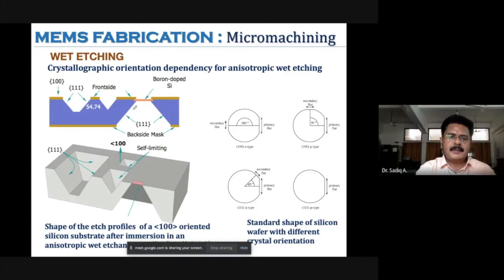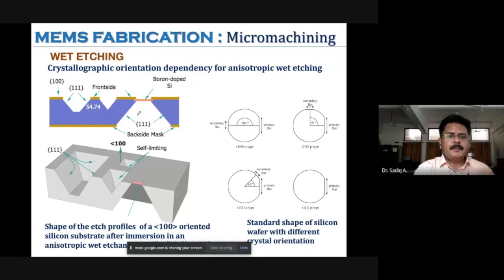If such a particular crystal structured deposit is exposed to etchant, the etching can happen like this. That is, it can happen at a particular angle. That means the etchant is more active in that plane compared to other planes. This is called crystallographic orientation dependency. And since the etching reaction is non-uniform in different directions, we call it anisotropic wet etching.